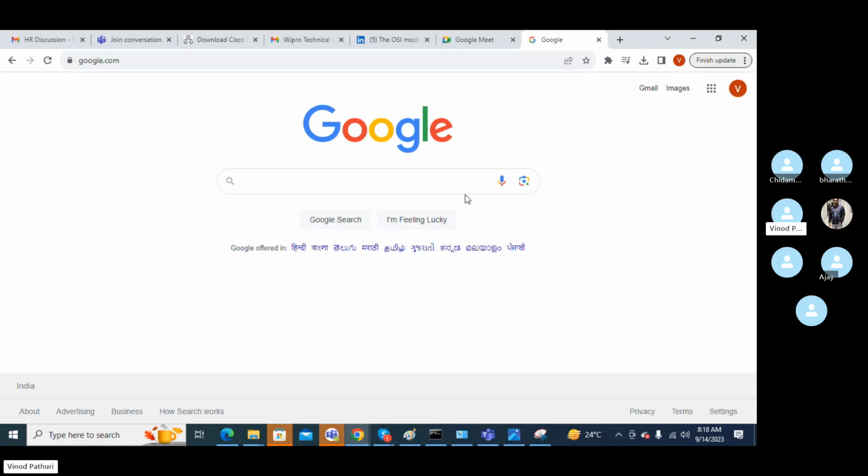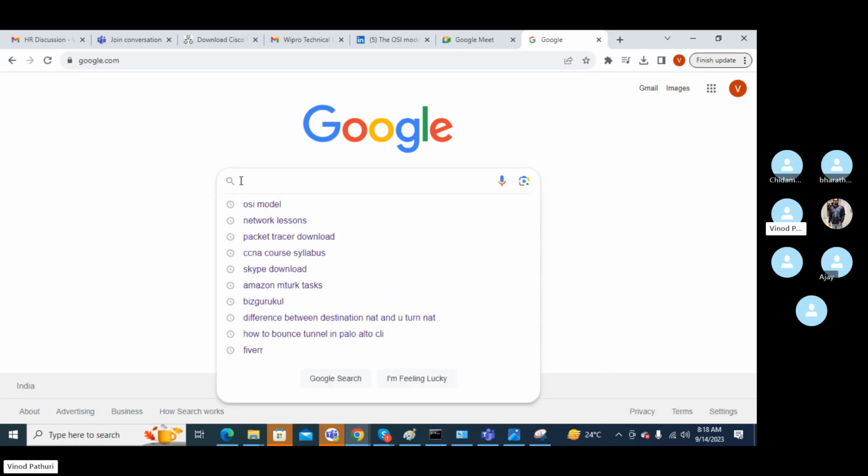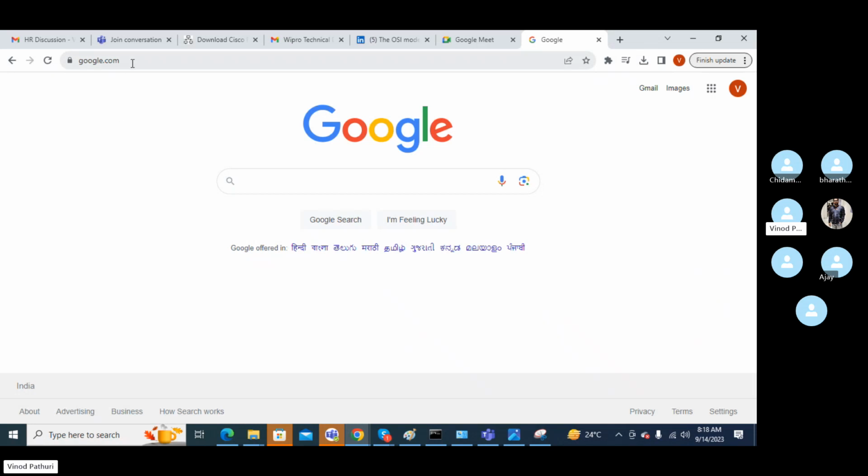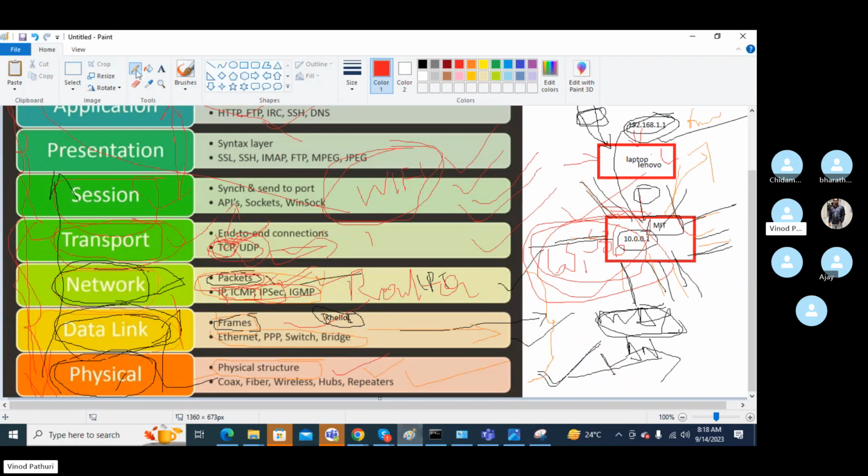Suppose your computer is using ASCII and you are sending the data in binary format, and the other computer is not able to understand the ASCII language. Maybe it was using some different language. So the presentation layer will convert your ASCII format to whatever format is understandable by the other computer. So for example, we are talking in English, and someone is trying to talk in Hindi. So we don't understand Hindi.